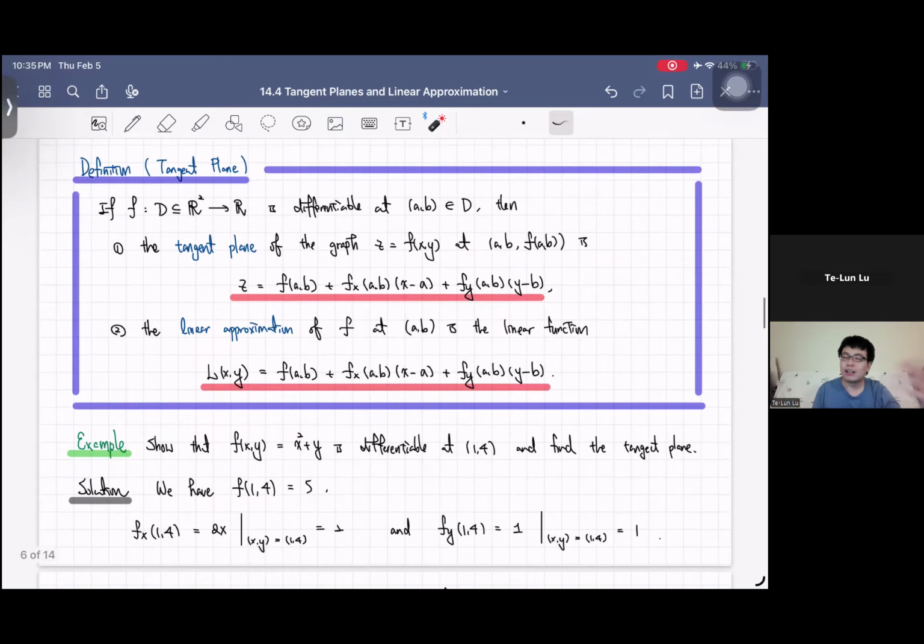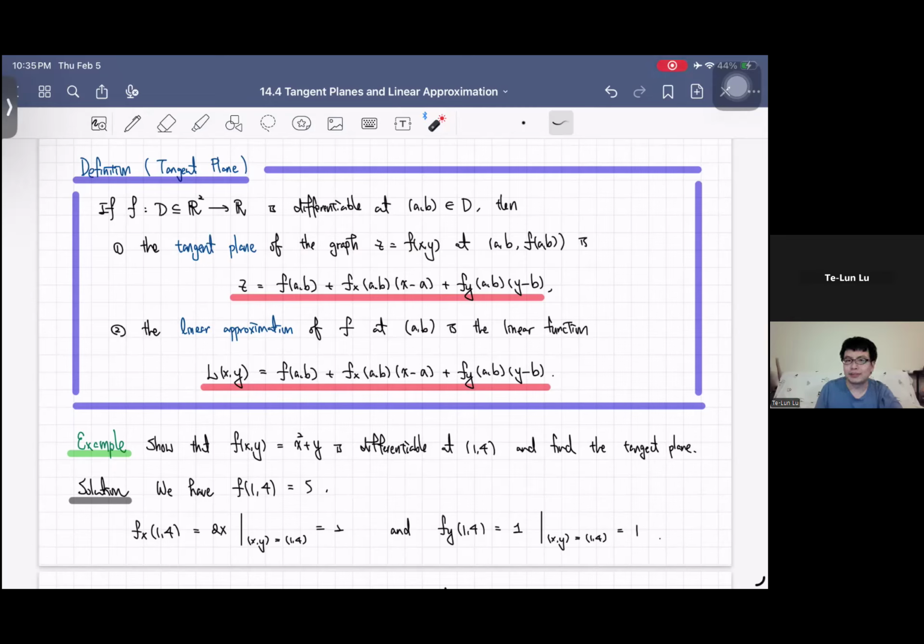Okay, so after that definition, we can define the so-called tangent plane, which is simply what we got before. A tangent plane at a point (a, b) of z equals f of x, y is this guy whenever f is differentiable. So it is only when f is differentiable that this kind of